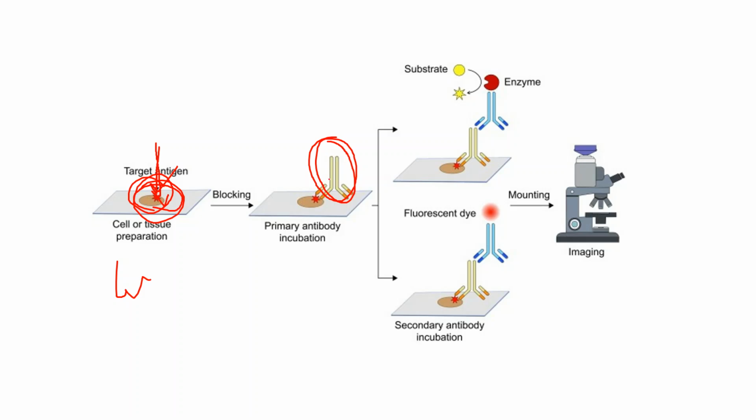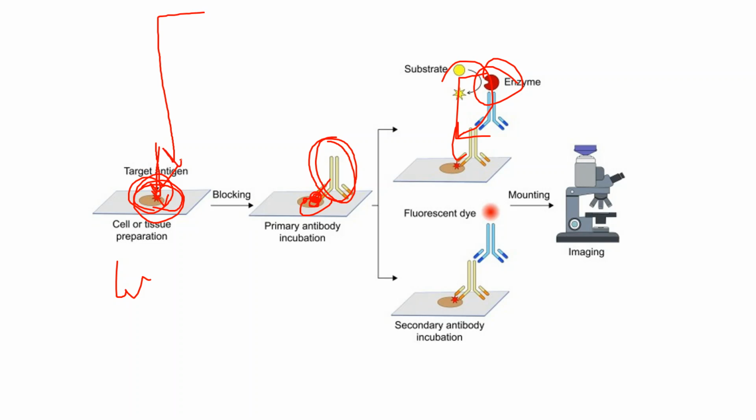That antibody which is specific to CD44 will go and bind on these cells where this CD44 resides. If it is in the cytoplasm, then it will bind to some part of the cytoplasm where it is. If it's in the nucleus, then it will bind to the nucleus inside the cells. After that, we have to add the secondary antibody, which is enzyme linked and converts the substrate into the product.